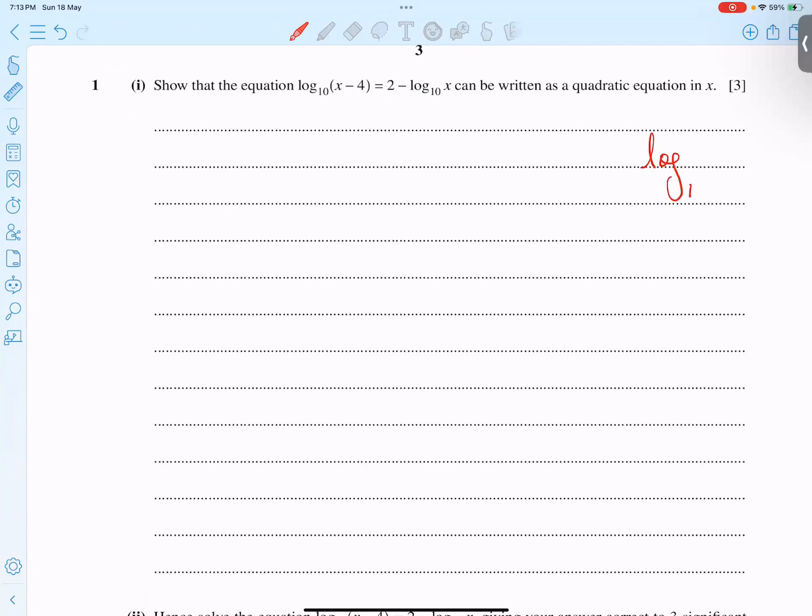What is the formula? If the base and the index are the same, for example b and b, the answer becomes 1. So if I have 3 and 3 here, the answer is 1. If I have log 10 with base 10, the answer is also 1. It means I need to produce a 1 here, okay? So what is the method to do it? Log base 10 of x minus 4, I have already equals to this 2, and I'm writing 2 into